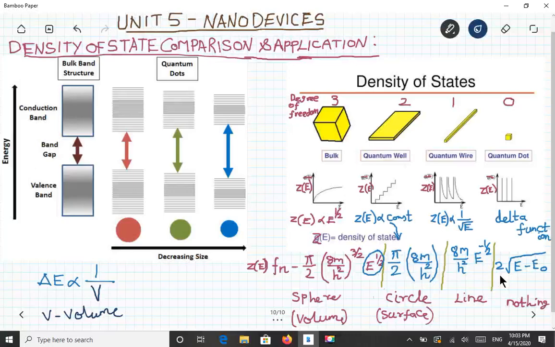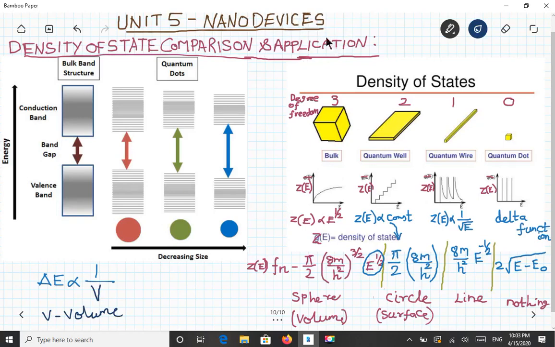Hi everyone. So this is the next unit we are going to see, which is called nano devices. This is a very useful topic, which deals with nano materials. We are going to see why we need this kind of material, what is the use of these nano devices and how they work. All those things we are going to introduce with this unit.